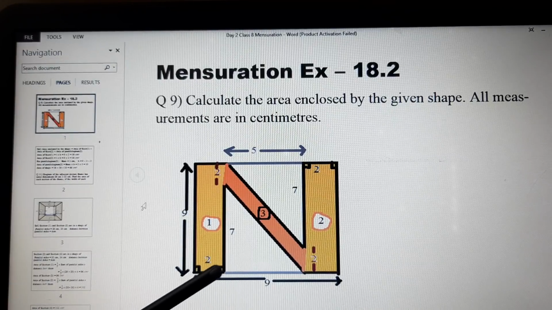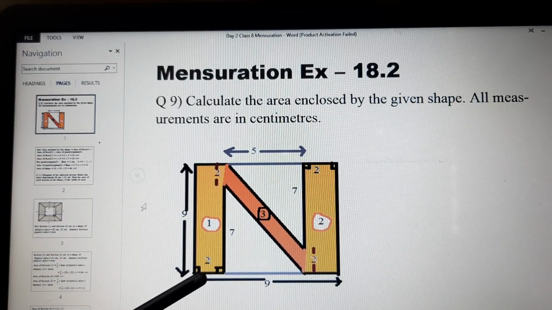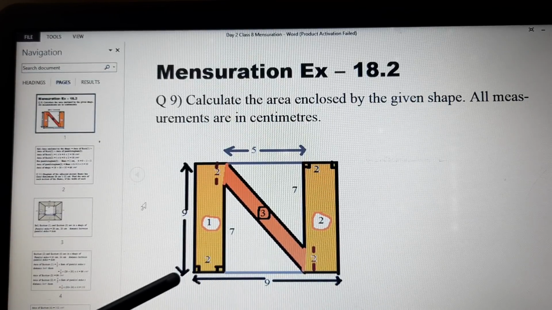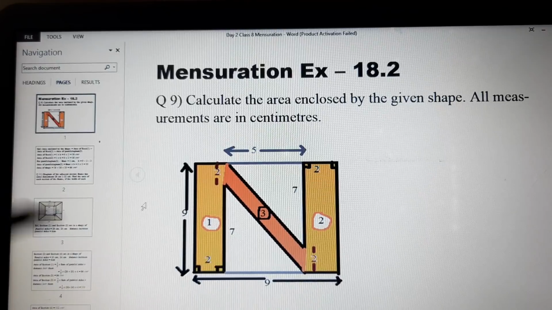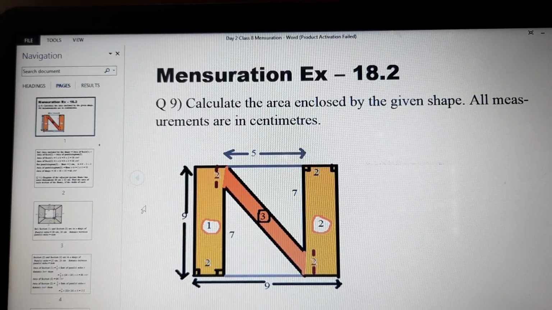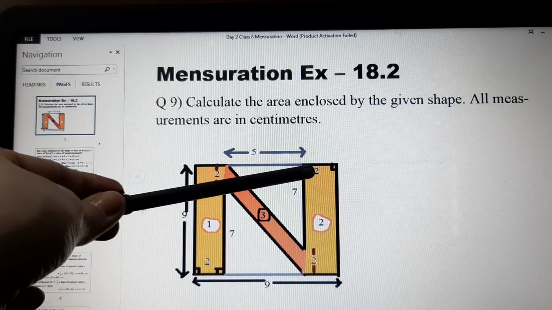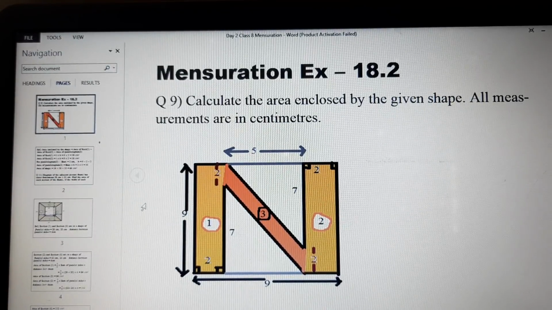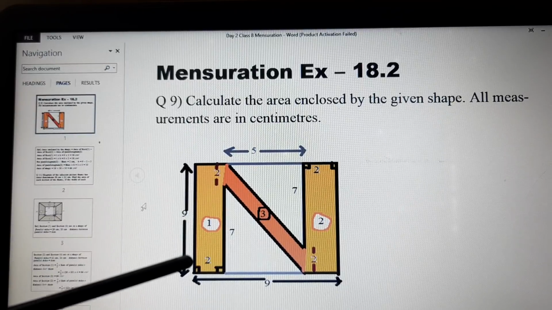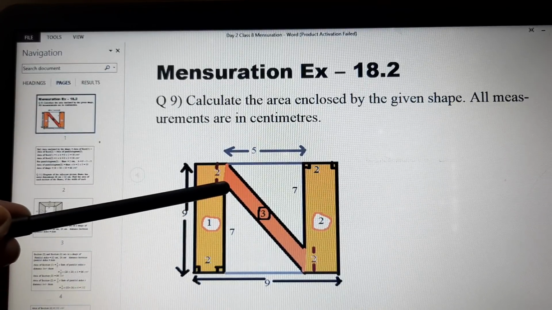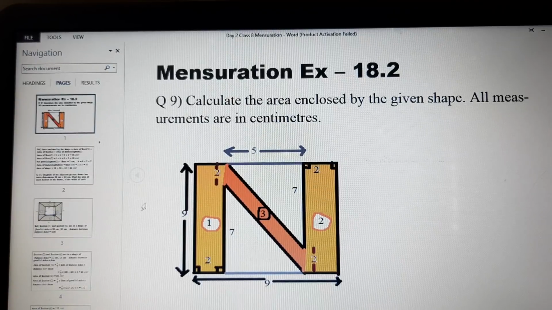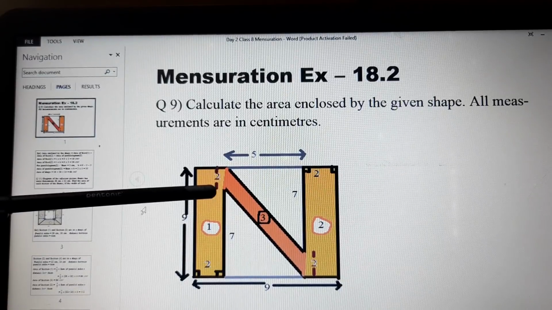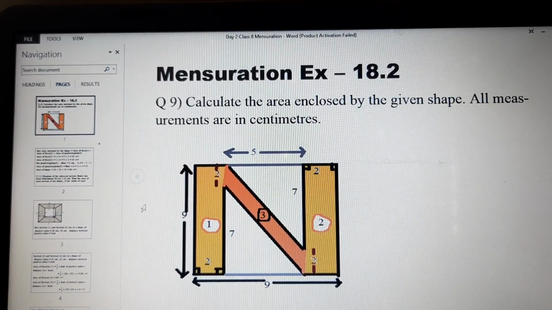This yellow portion, or we can say the breadth of the rectangle, is 2. The breadth of the rectangle is again 2. So 2 will go from this side, 2 will go from that side. 9 minus 4, that means 5. So the height of the parallelogram becomes 5. And let us talk about the base. The complete thing was 9, and from here to here it is 7. So the remaining will be 2. So the base of the parallelogram becomes 2 and the height becomes 5.